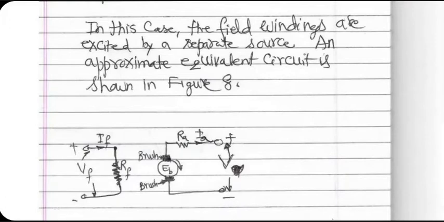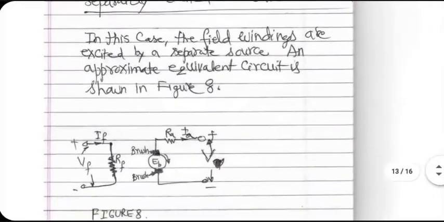Actual brushes are shown on the left side on the top and bottom of the circle. But in reality, the voltage collected will be what is shown between the plus and minus signs. I'm calling that voltage V. In many books, they call it VL, load voltage, or VT, terminal voltage. Now, the field winding, because it's a separately excited case, is totally independent. It doesn't depend on the voltage generated in the system. It has its own DC voltage VF coming in, and its own field winding resistance, which is denoted by RF.